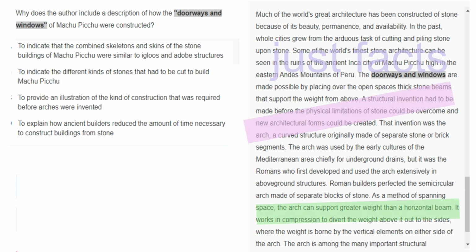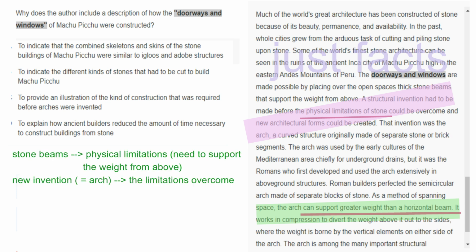The sentence right after the highlighted sentence states, "A structural invention had to be made before the physical limitations of stone could be overcome and new architectural forms could be created. That invention was the arch." The passage then describes how the arch can solve the physical limitations of stone, becoming one of the most important